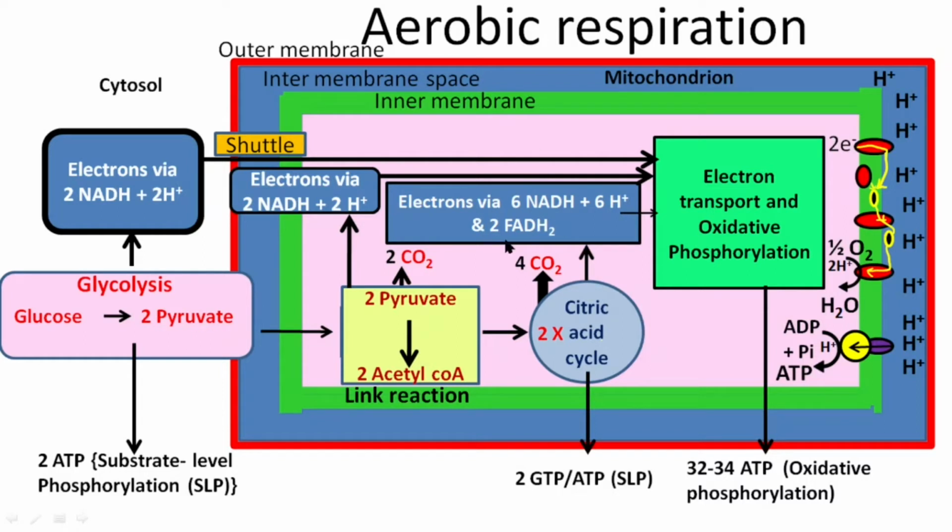But the 2 FADH2 molecules that were produced from citric acid cycle, they need not diffuse to reach electron transport chain. Because if you recollect tricarboxylic acid cycle, the complex that has produced this FADH2 itself is the component of electron transport chain, which is nothing but succinate dehydrogenase. Succinate dehydrogenase is responsible for conversion of succinate into fumarate during TCA cycle, and during that dehydrogenation process, the hydrogen that was removed was transferred to FAD and produced FADH2.